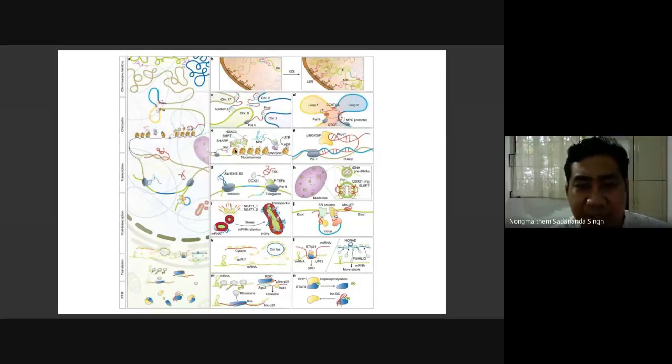Then another way is at the nucleosome organization level, as we talked about. Xist RNA compacts it and recruits, through other long non-coding RNAs, the chromatin remodeling complexes, such as SWI/SNF complexes, which can be recruited and change the organization of the chromatin itself. The long non-coding RNA can also bring about change in the chromatin structure by forming R loops. R loops are very critical in the recruitment of RNA polymerase 2, thereby changing the transcriptional level.